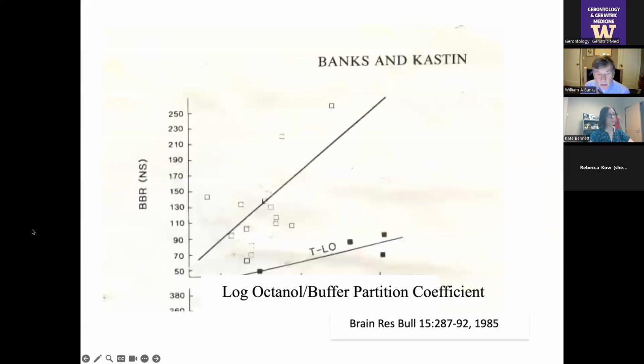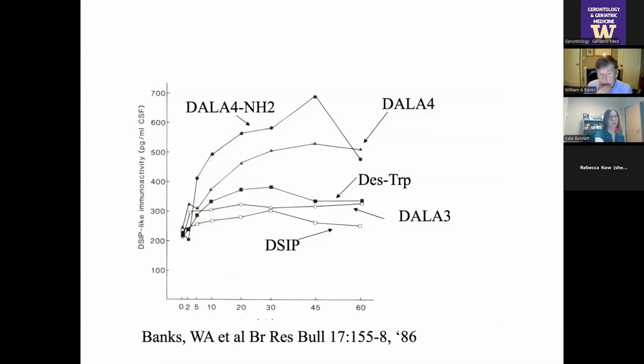And there's work we did way back in the 80s, when we were looking at the ability of peptides to cross the blood-brain barrier, and we purchased every peptide that was then currently available that was radioactively labeled, and looked at the ability to cross the blood-brain barrier. And these were an exception a little bit because they're a different class of drugs, largely opiate peptides, and they play by a different game. But most of the others more or less follow lipid solubility as a rough estimate. And we also looked at a series of DSIP analogs.